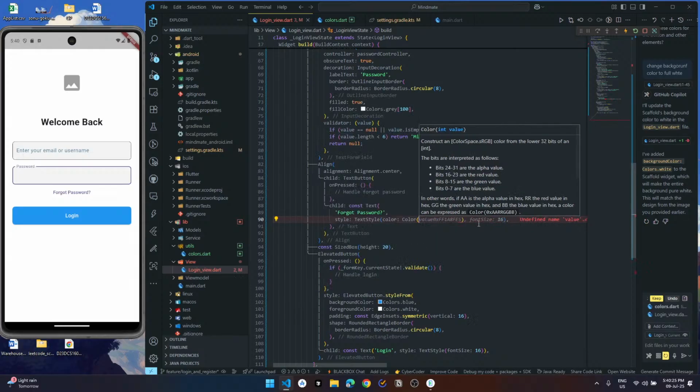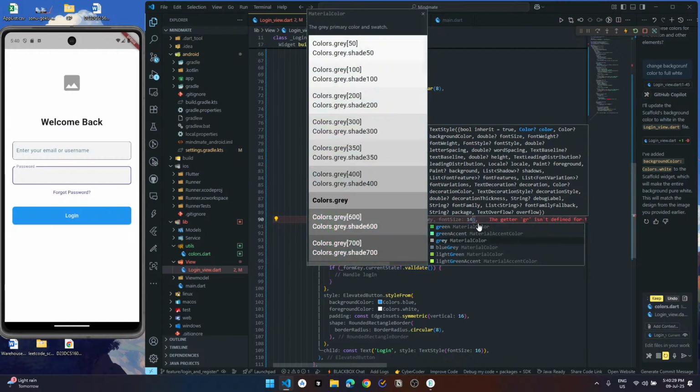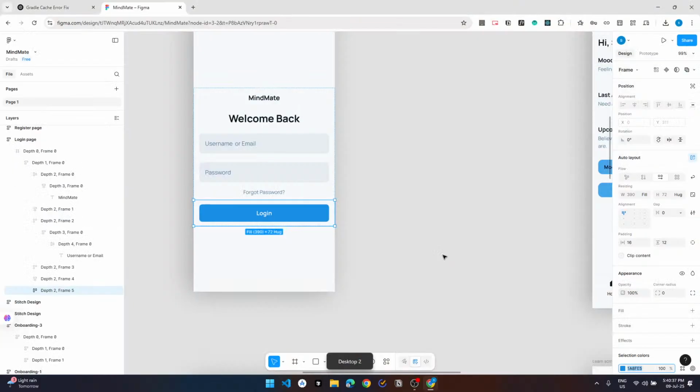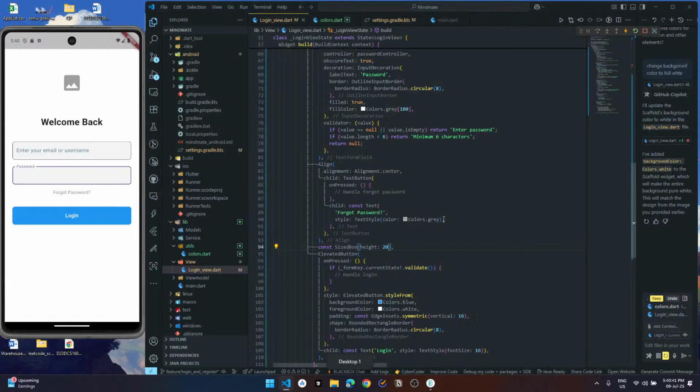Colors dot gray. And I think the space between is a bit larger. No. Yeah, 16 would be best. More 14. Yeah, damn, that's nice looking.